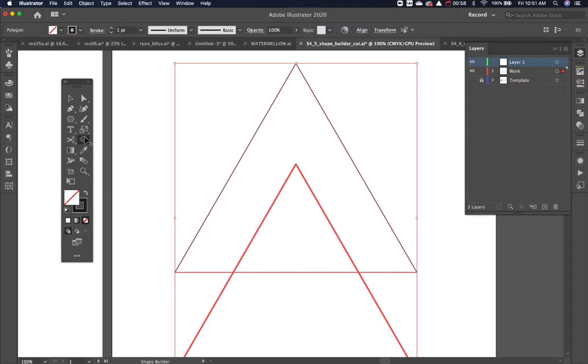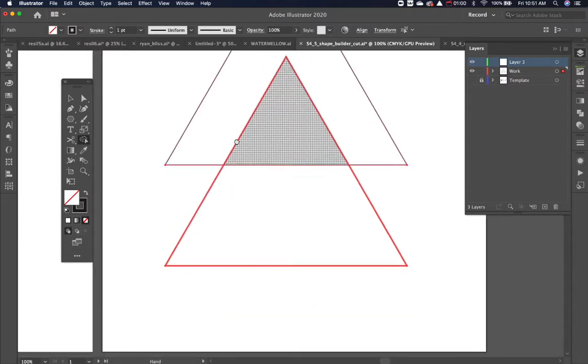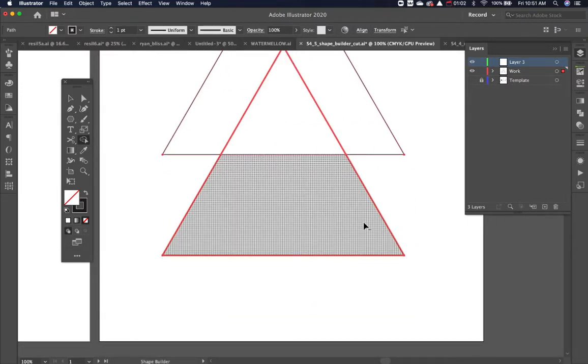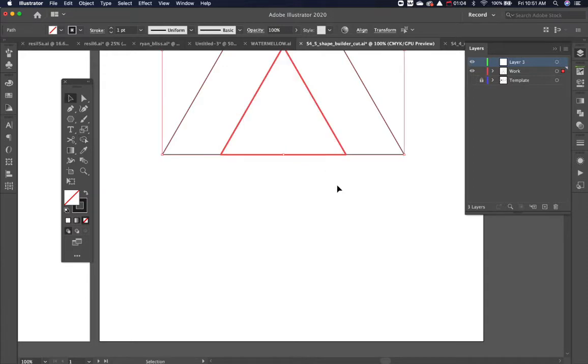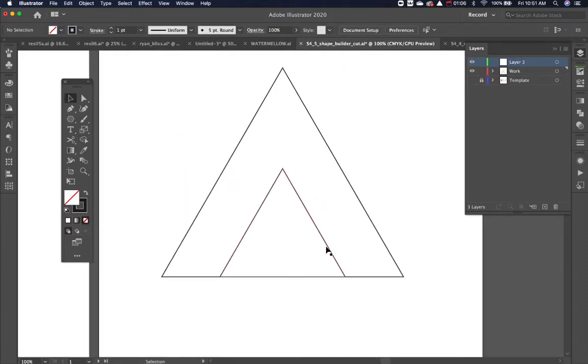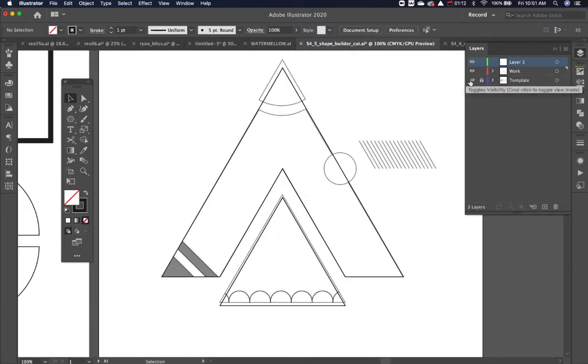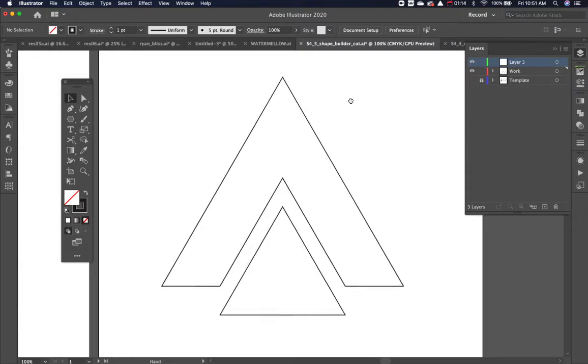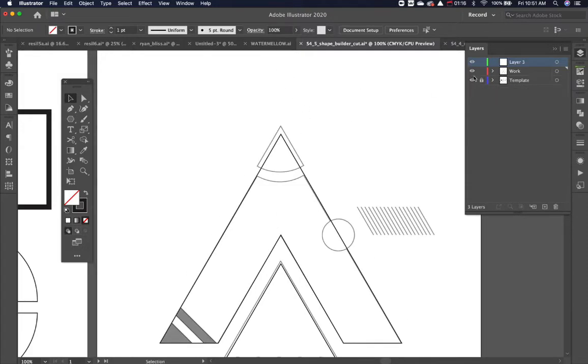I'm going to use my shape builder and say I want that as a shape, and I want to get rid of that shape, but I do want that as a shape. So what I do have now is I can simply just pull this down like that. Now if we look at my template, I'm not worried that it's perfect. So to make this